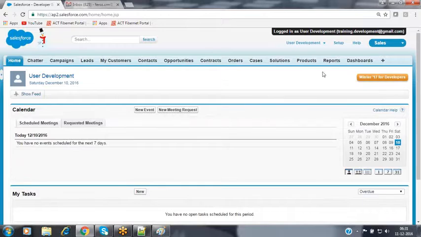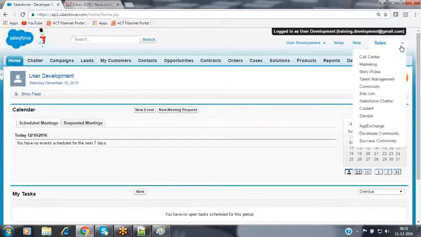So this user can access each and every application we have inside the organization, like call center, marketing, story pulse, talent management, community, site.com, sample. All the applications are visible. Now, for this user, I want to make only the sales, call center, and marketing applications visible. The remaining applications should not be visible for this user.